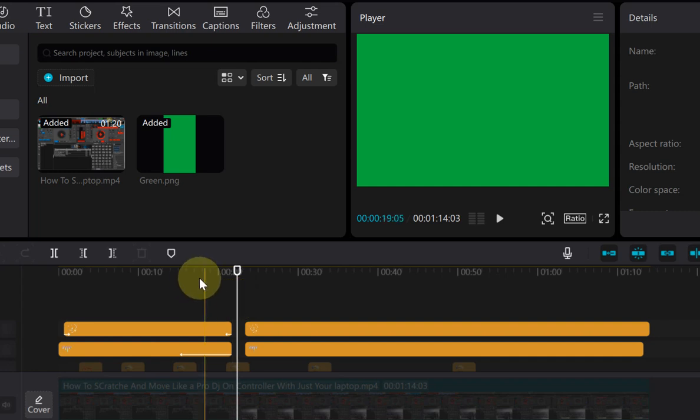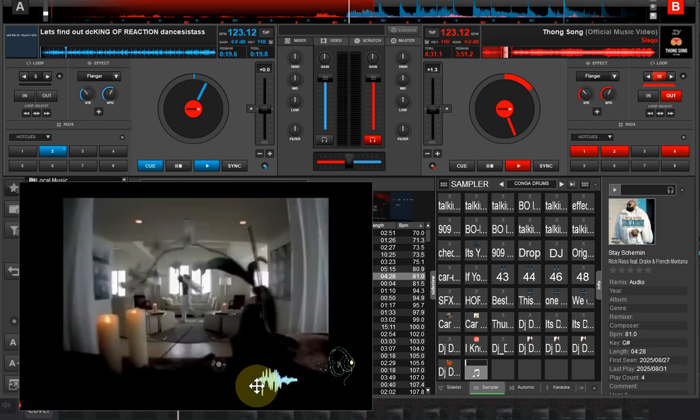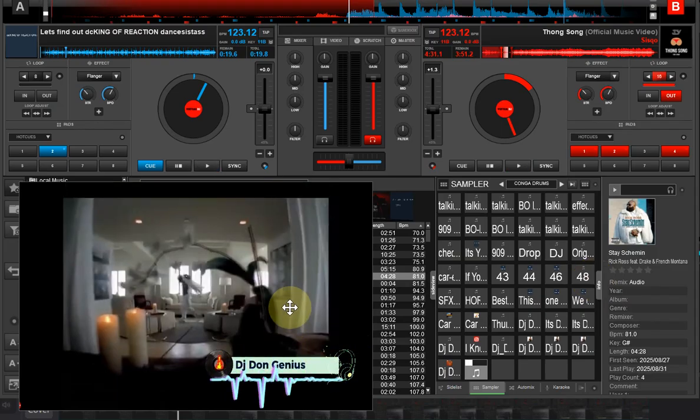So the elements that we need here are: we have our fire, we have our deck, we have our music, then we have our headphone, depending on what you want your storyline to tell, and then your DJ name is here. That is why, when I come to the software environment here, you will now see my DJ name coming out. You can see the storyline is coming out and it's showing the way I want it. So that is how this thing is done. Now, by the time you are done in this particular environment,